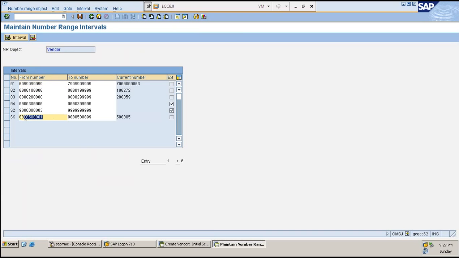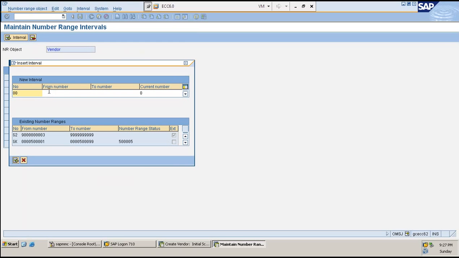I'll create another vendor group. One more doubt: if we click that external, between this 5000 to this 5099, for example 5092, can I create an external vendor group? One minute, I'll show you that. That is what I'm trying now.